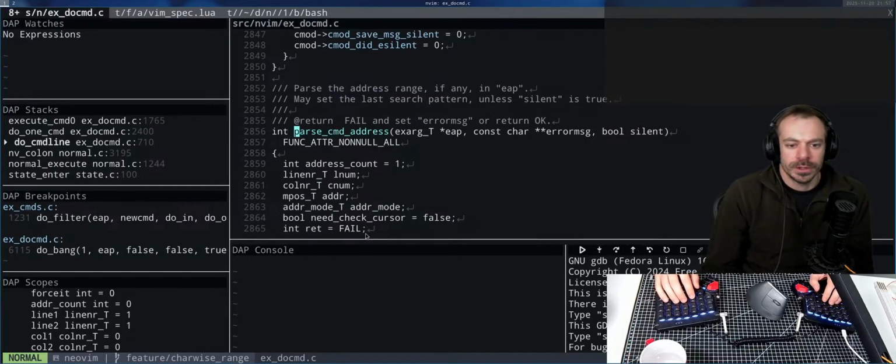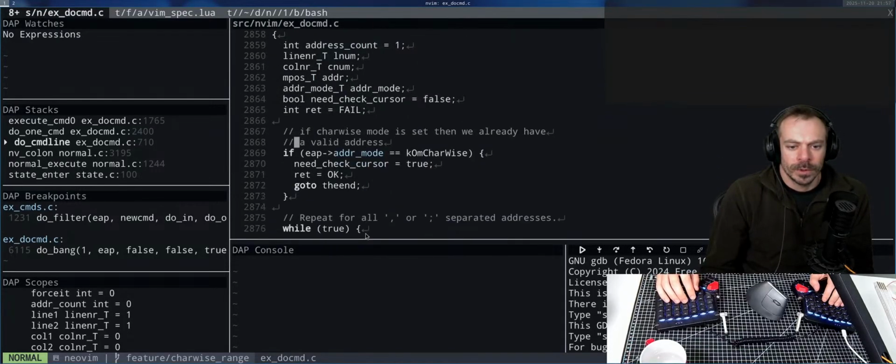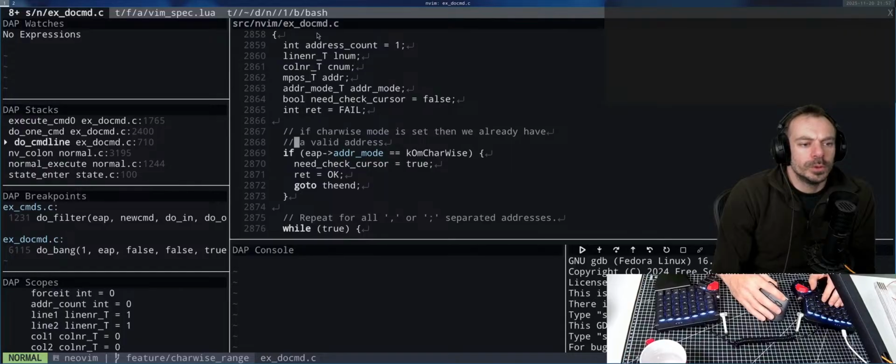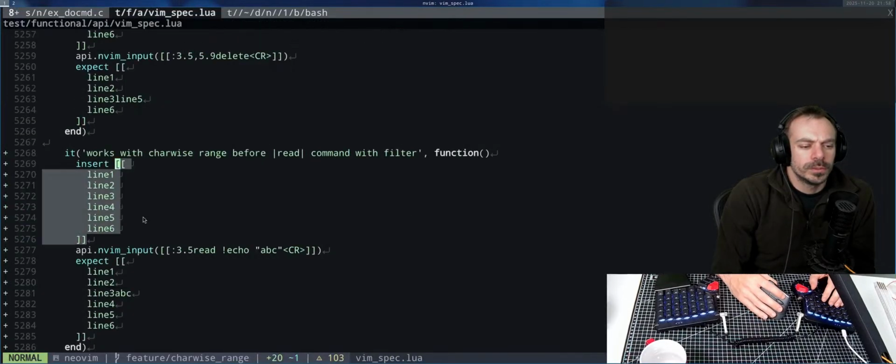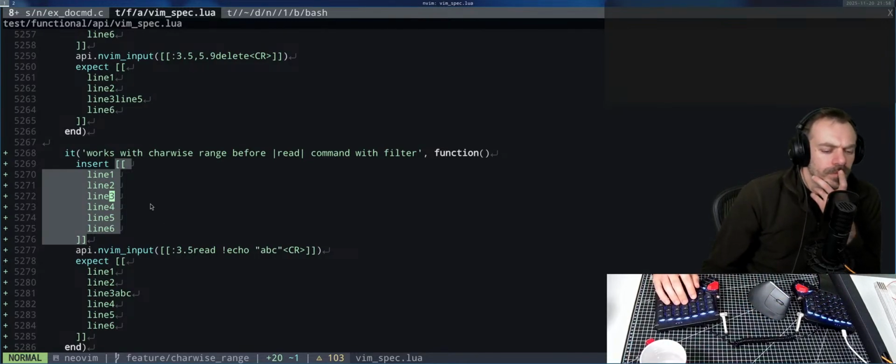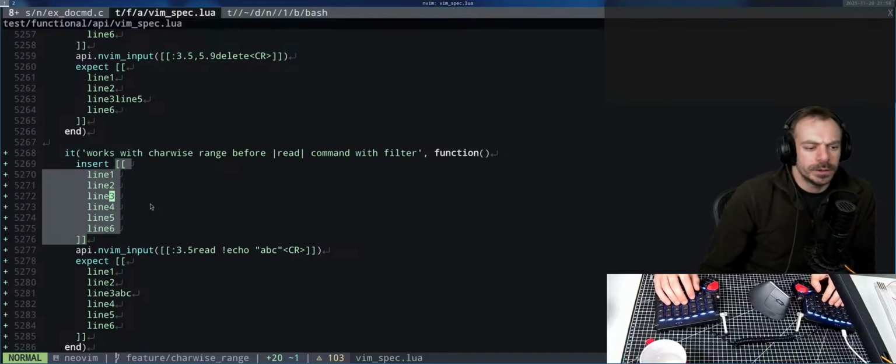Parse command address. How would we determine actually the end of the range, if we don't define that here? What's the default? So here I would expect the default be